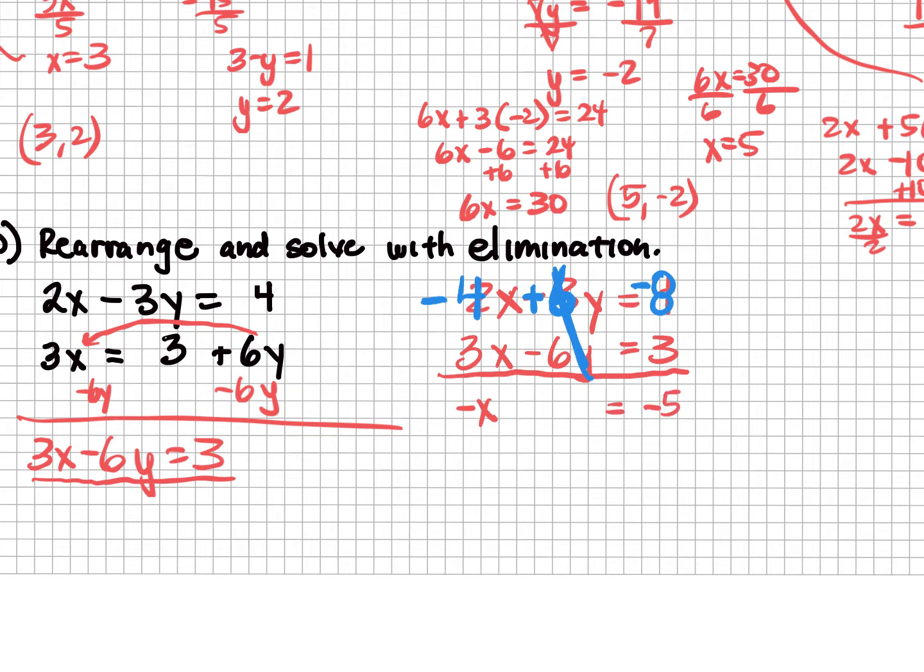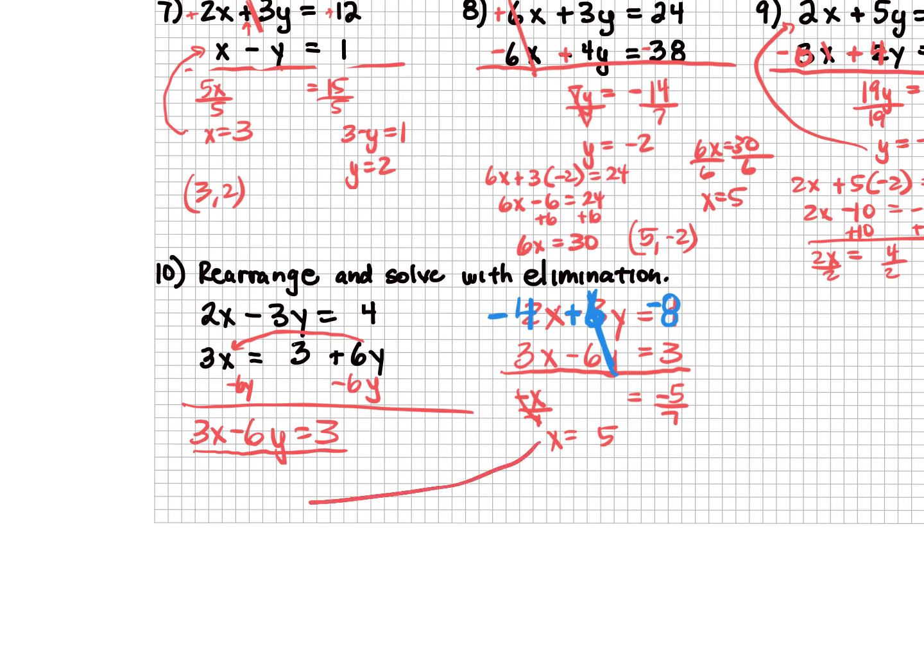So if negative x equals negative 5, then x equals 5. I can divide by negative 1, and the negatives cancel out, and x equals 5. Okay, so if x equals 5, I'm going to take x back over here and say